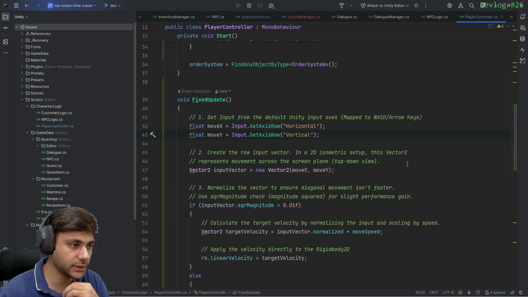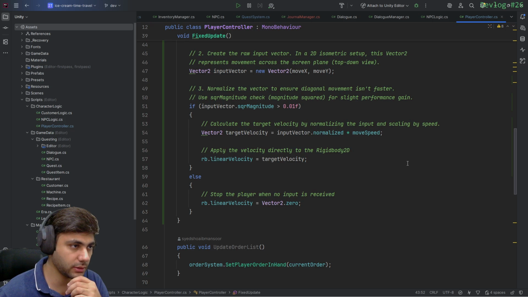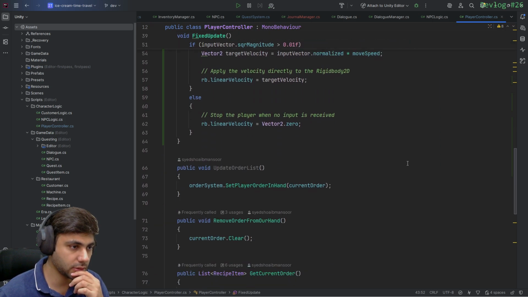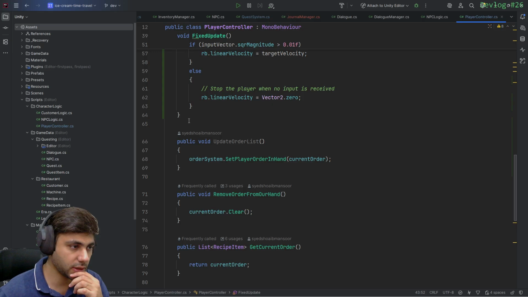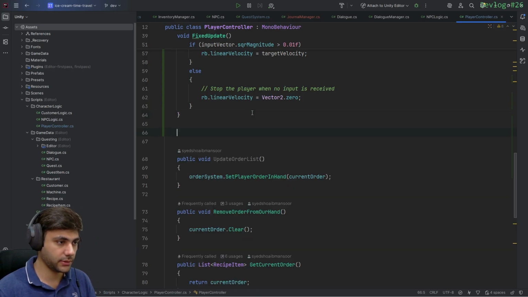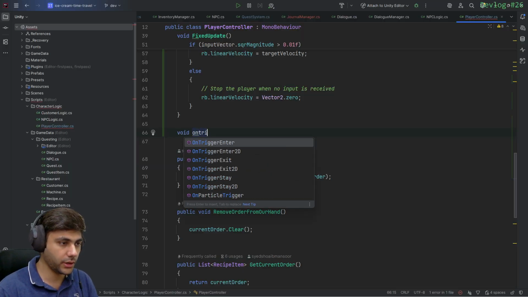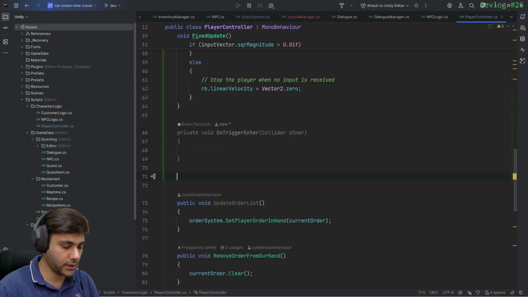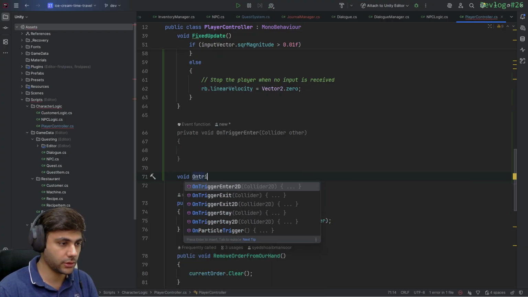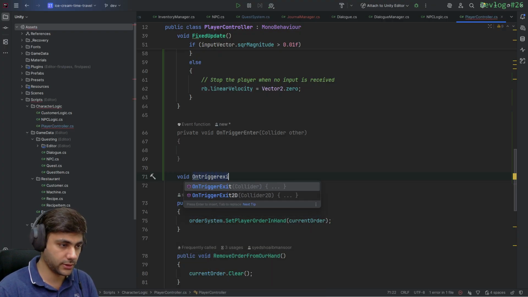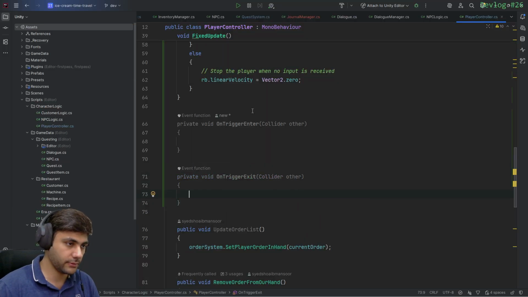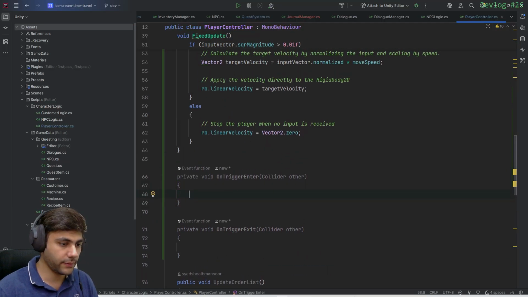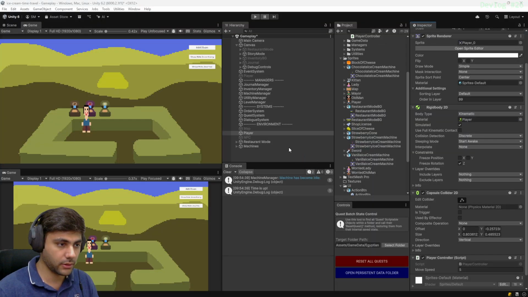Okay, now let's just do something in fixed update. We can do something like void OnTriggerEnter and void OnTriggerExit. So if I collide